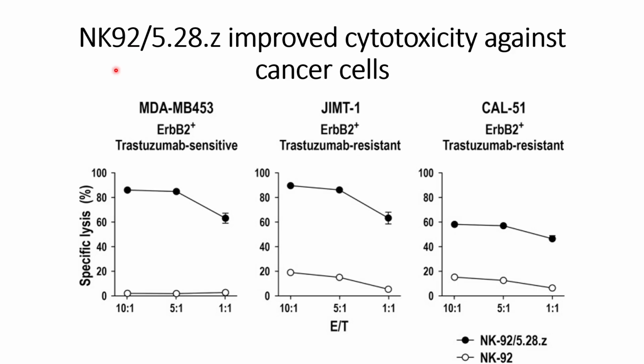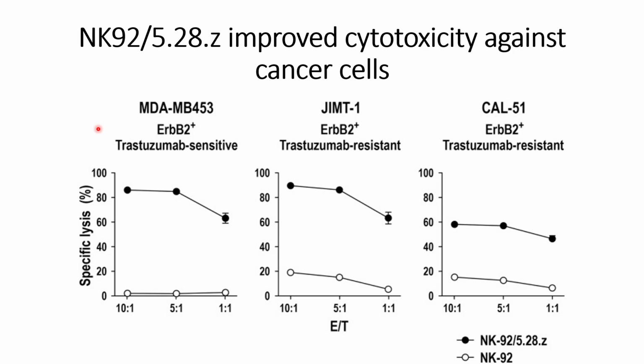So this is one of the advantages of these CAR NK92 cells, that they can not only be used as off-the-shelf therapies, but they can work in cases where commercial drugs are not effective. For example, the example shown here for JIMT1 and CAL51. So this figure basically shows the opportunities, that is NK opportunities, for these CAR NK92 therapies, where people can not only